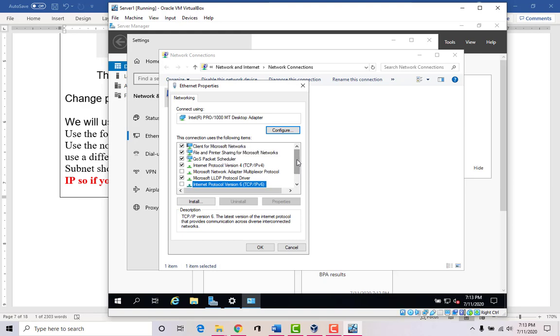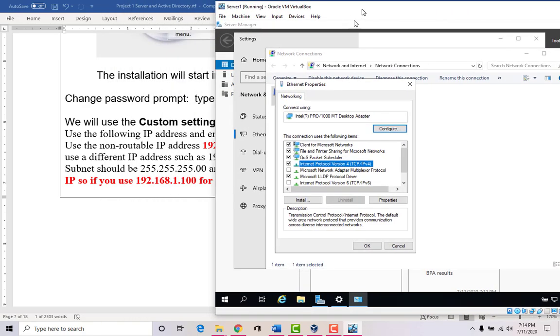We can leave all the other ones, but this is just the different protocols that are allowed to work on this particular network card. So you've got the TCP/IP, which is the basic one that is used to communicate across the internet. So let's configure that one.